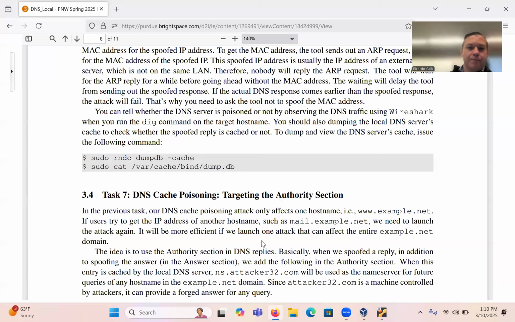We're going to try the following commands: sudo rndc dump db, then we're going to do sudo